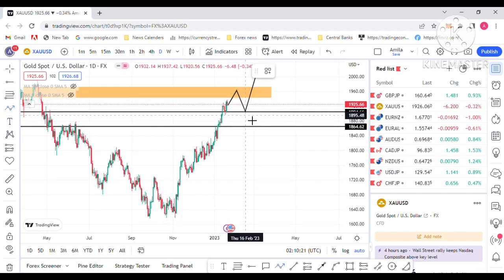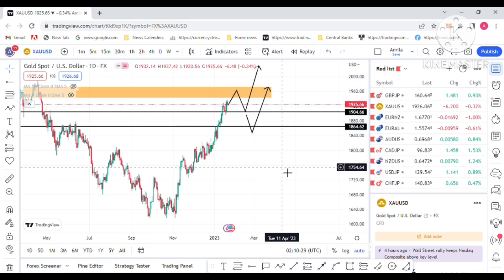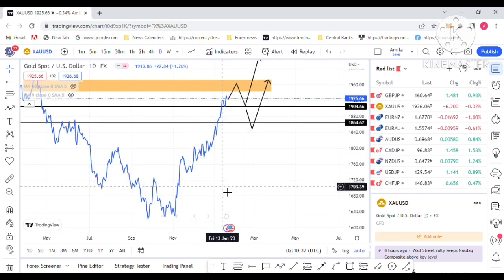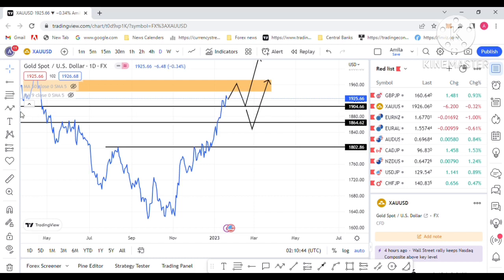Now I am forecasting this second line area as my second target area to buy gold. It's the second line area. That's why I'm forecasting gold would be a buy in. That's the second line. I move to the line chart again, and you can see that this line